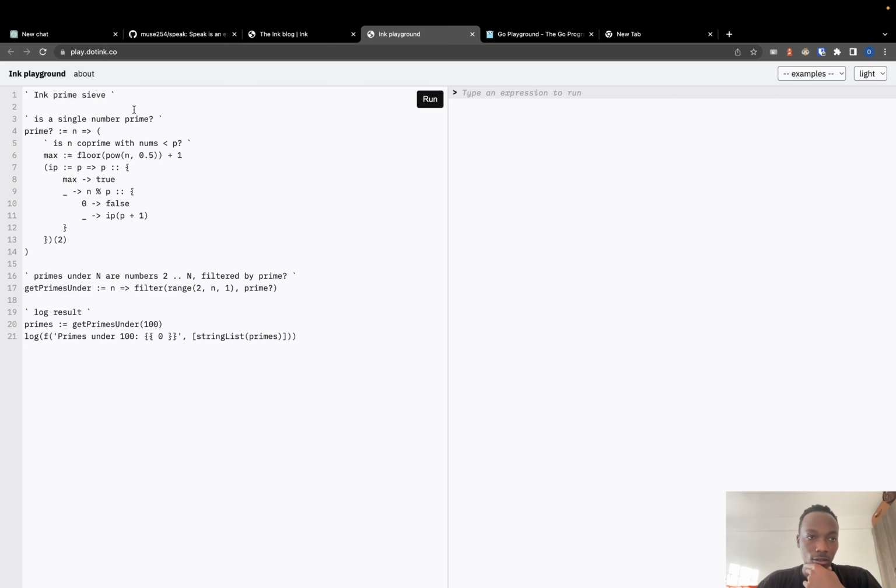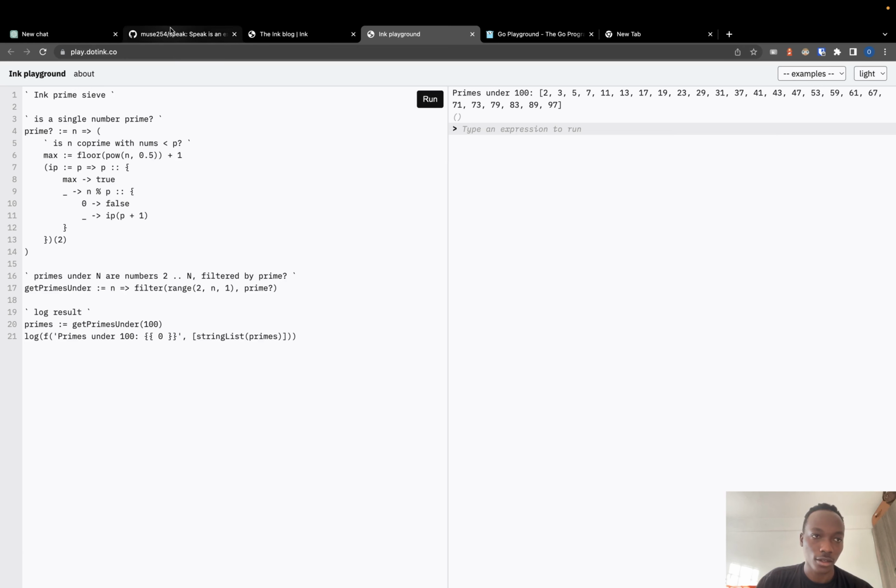Yes, we have an input and an output section for the Ink language. This is what I want to aim for, but at the moment the language is not really that mature, and it's actually my final project. So what I'd like to do instead would be, let me check,